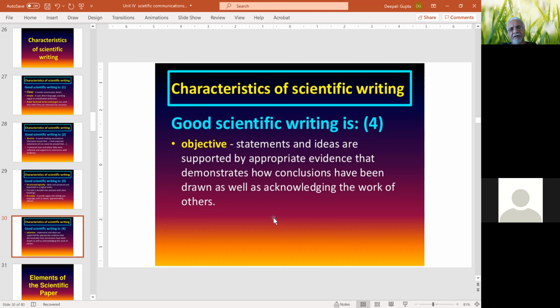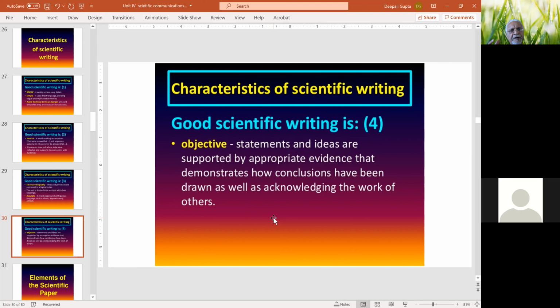This is another characteristic: the objectives have to be written very clearly, supported by appropriate experimental evidences, and whatever support from other works one is taking should also be acknowledged.